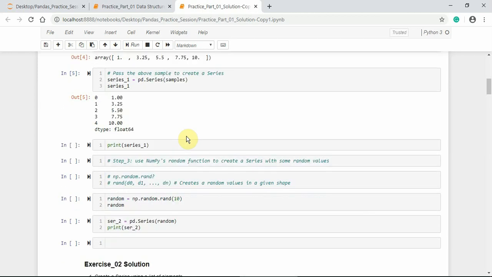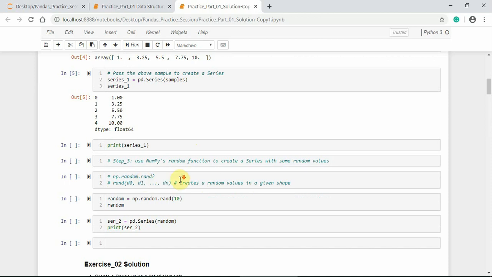In order to construct a series from random values, we can use NumPy's random function. Here, NumPy's random.rand creates random values in a given shape. If we pass only a single value, it creates an array of elements with a one-dimensional shape.